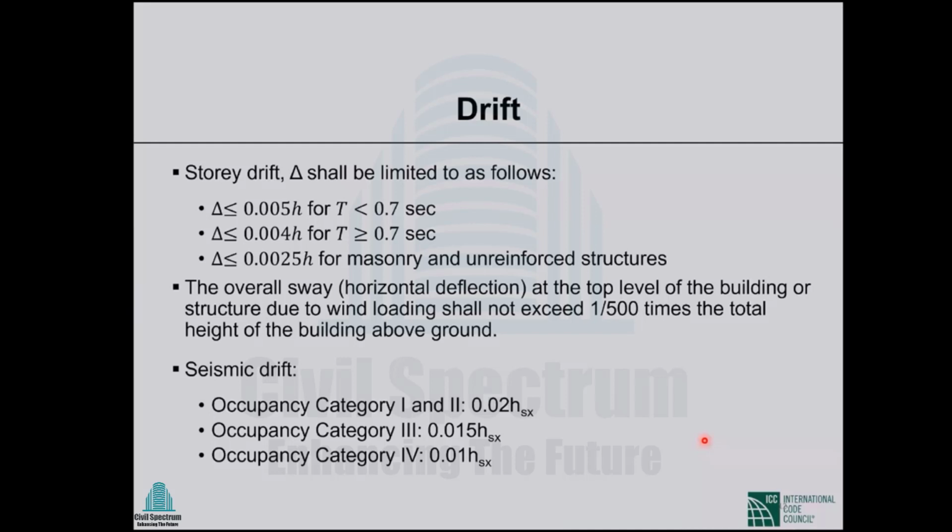We'll see later. Now, another important topic that is included in chapter 1 is related to drift, allowable drift, serviceability. So the story drift that may be allowed depends, not for the seismic case, but for other types of loads. For all other types of load, we can allow this much inter-story drift, simply story drift. That is the drift between two floors divided by the story height. So that is the drift. This much drift we can allow.